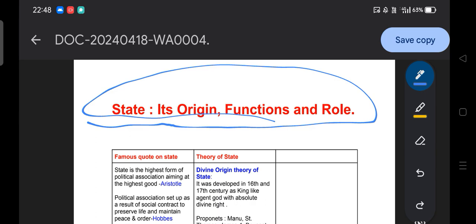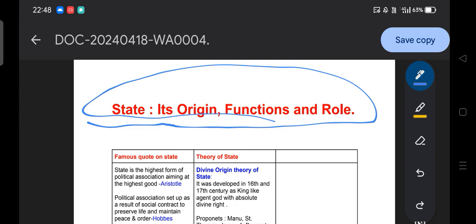What is the question in our examination? In our examination, specific to the SSB or PGT Odisha, there is a question with respect to the topic of the state. As such, very few questions are there, but you can find the significance of this topic with respect to different subjects.